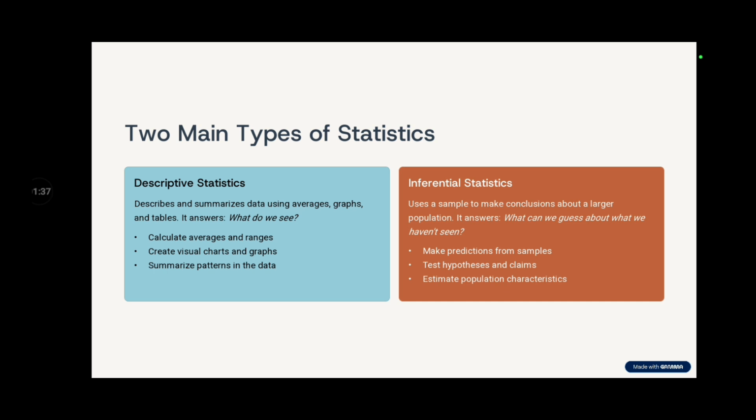And now if we look at inferential statistics, it is a very simple thing. In this, we make conclusions about the large population. In the previous example, as I told you, we do a survey and we cannot predict everything about that population. Simply, we take the sample, and on the basis of that sample, we make our conclusion. That is inferential. We make conclusions about the large population. In this, we answer what we can guess about what we haven't seen, make predictions from samples,